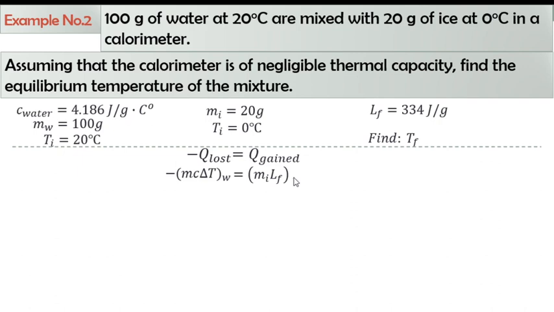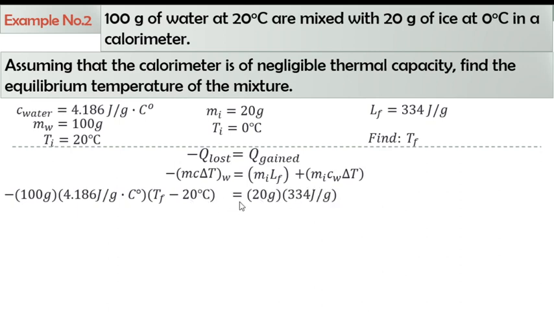Once melted, our ice will start to increase its temperature. So we will also have plus mc delta T. This is the mass of the melted ice times the specific heat capacity of water, since it's already melted, times delta T. By substitution, we have negative 100 grams times the specific heat capacity of water times delta T of water, which is the final temperature, unknown, minus the initial temperature of water, which is 20 degrees Celsius, equals